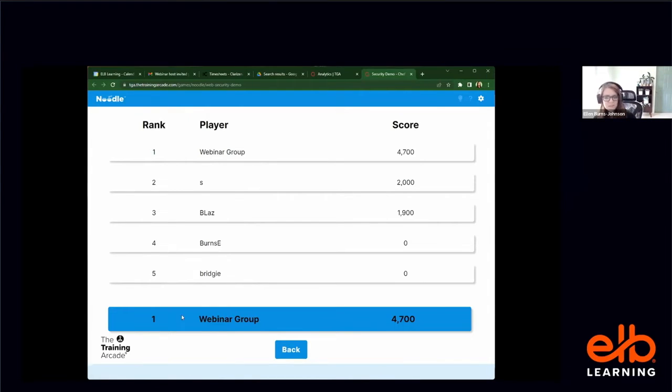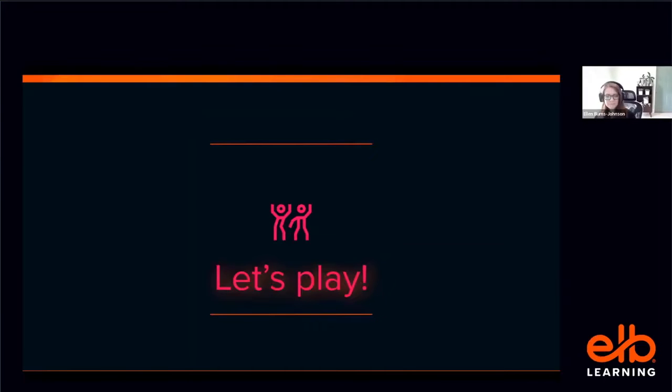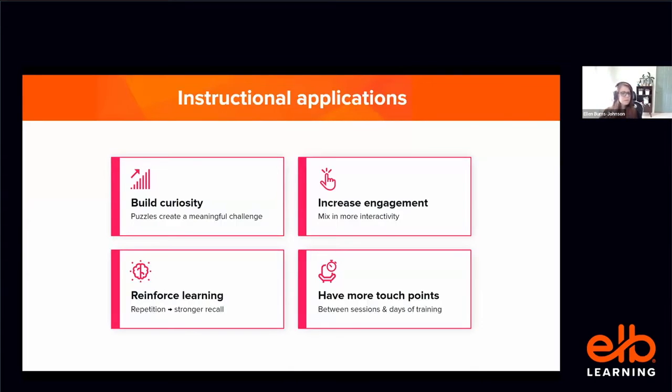I can find the Zoom thingy. I can stop you, I think. I think I got it. Great. Okay, so